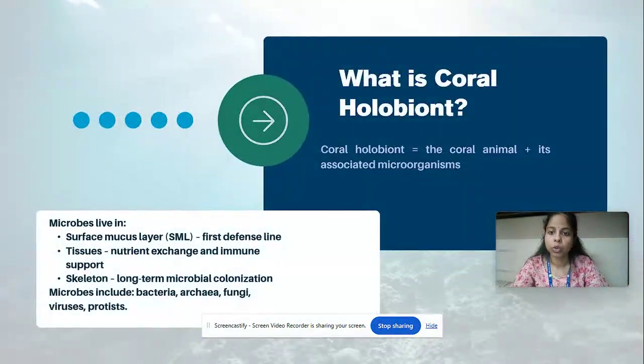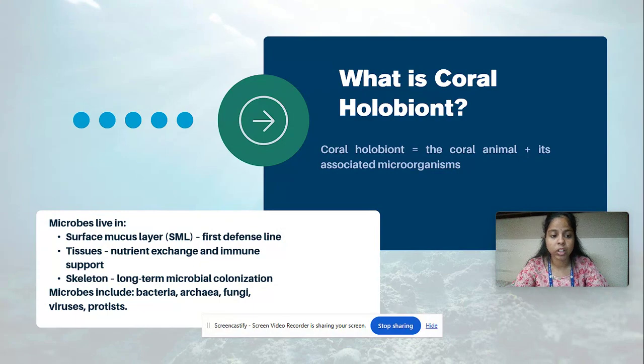So, what is a coral holobiont? A coral holobiont is nothing but the coral animal with its associated microorganisms. The microorganisms include bacteria, archaea, fungi, viruses, protists, algae, etc. These microorganisms are found in the surface mucous layer of the corals or the tissues, which helps in nutrient exchange